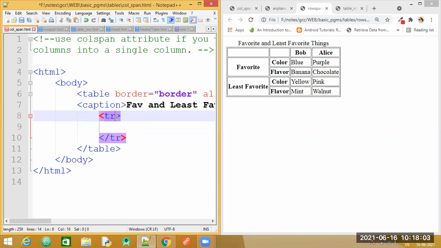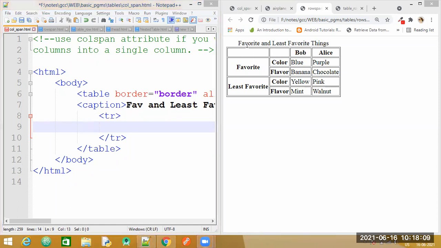Okay, we'll do one thing. First, we will try to create these empty cells. First we need to concentrate here. Let me annotate it. We will just concentrate on this row. So one row is created.